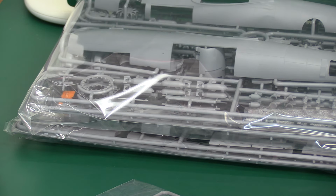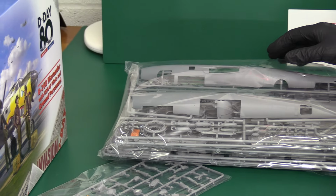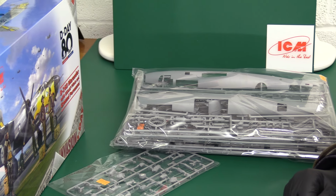Let me just rearrange my desk ever so slightly. Put the ICM board up. It's their day today. Sorry, I was in here to get a bit more. So obviously we've got these lovely big bags. Now I've got to say,